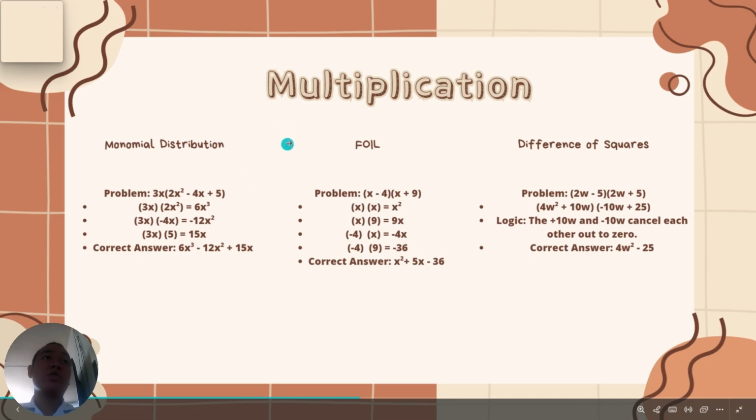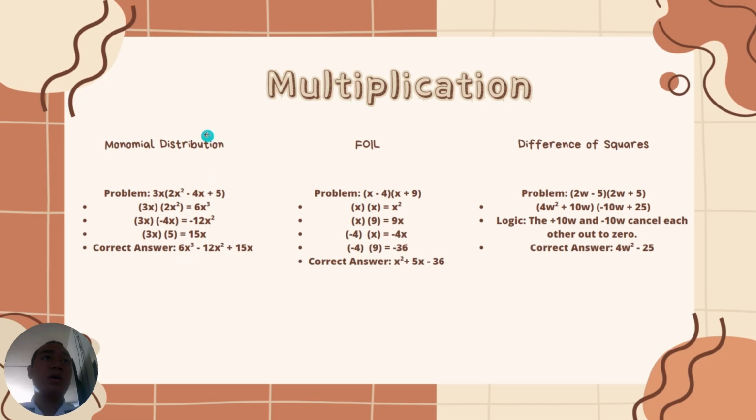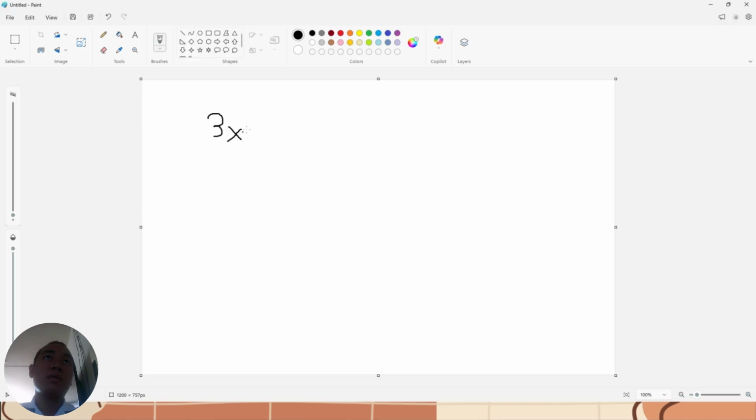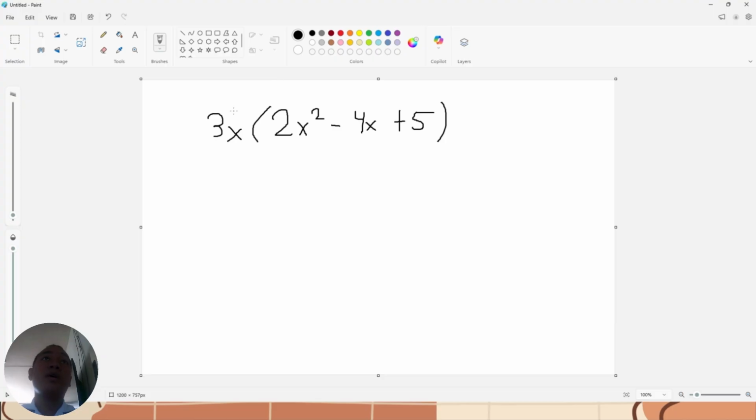So for the monomial distribution, let us give you an example, which is 3x times 2x squared minus 4x plus 5. Now, for this, you have to distribute this term to every single one and multiply them. So, for example, 3x times 2x squared,